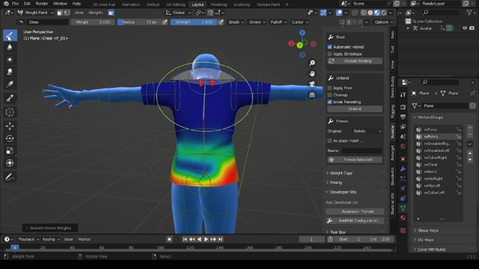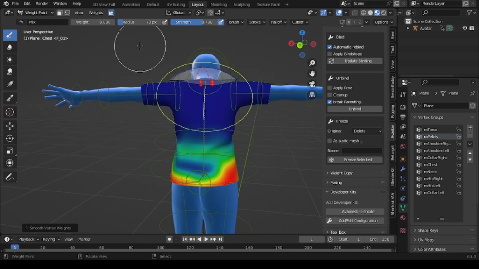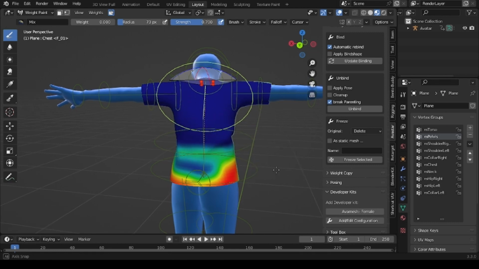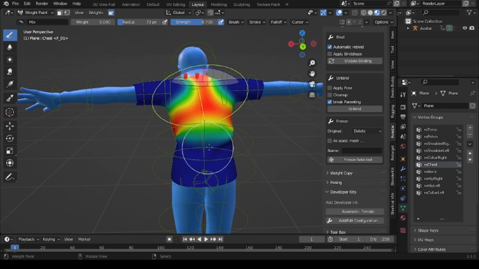So click on the brush. Click on this little earth looking thing, whatever it is. And we're going to go to mix. Now the weight says 0. Or you could bring it up. I'm keeping it on 0 because I want to get rid of some of these weights right here, and see if that will help us. That's the pelvis. Let's see if we get rid of some of the chest,